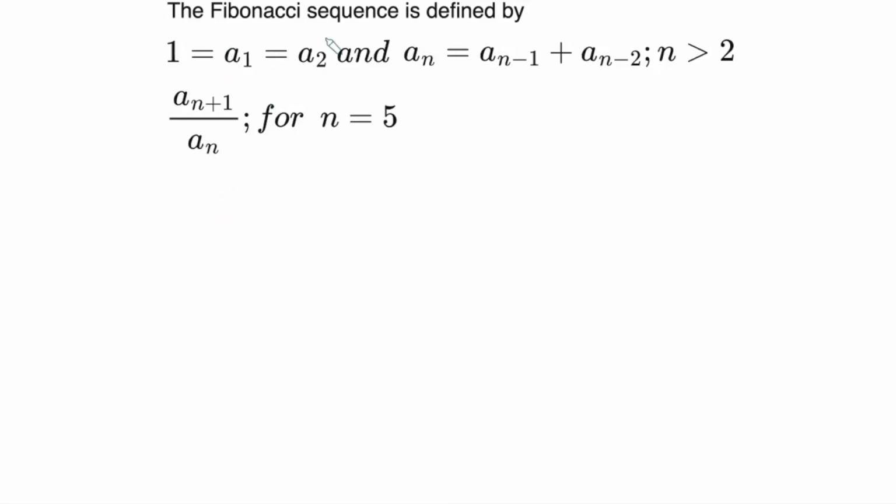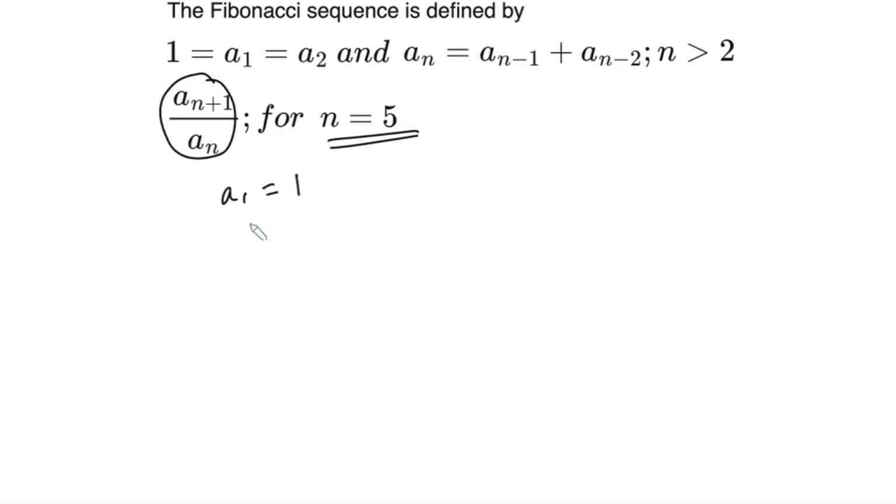The Fibonacci sequence is defined by a1 and a2 equals 1, and an is equal to an minus 1 plus an minus 2, where n is greater than 2. We need to find the value of an plus 1 over an for n equals 5. So here we are given with